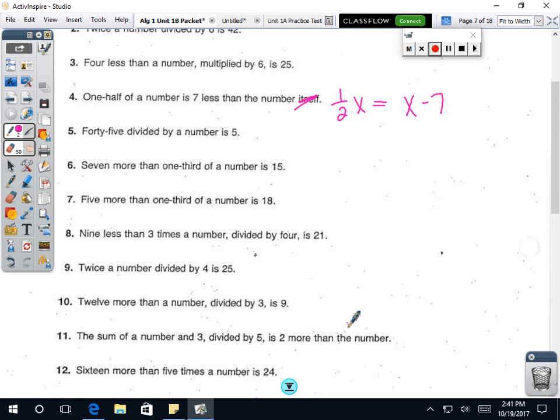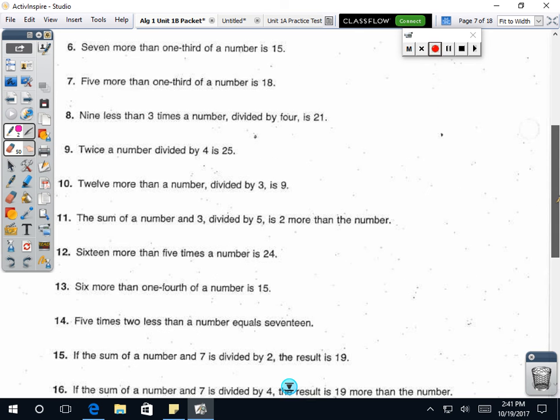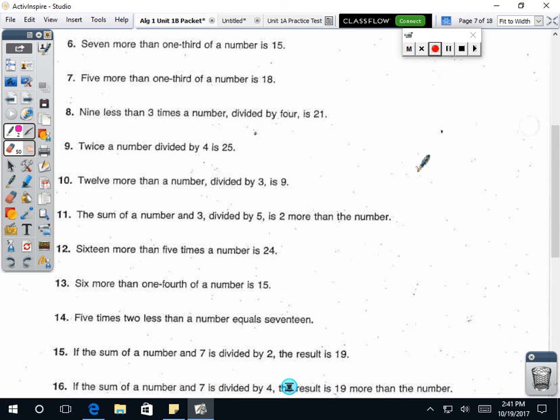Okay, last question, what do you want it to be? I already said 8. 8? We already did it, Jamarion. Number 8,